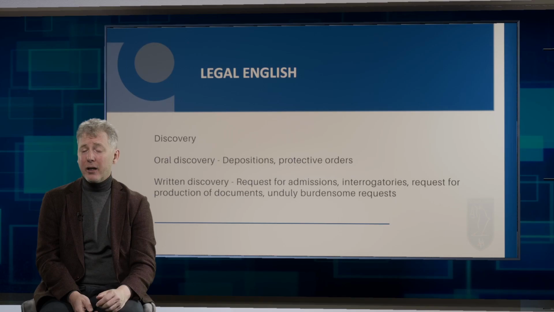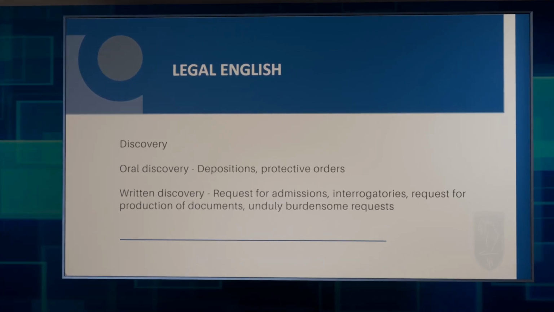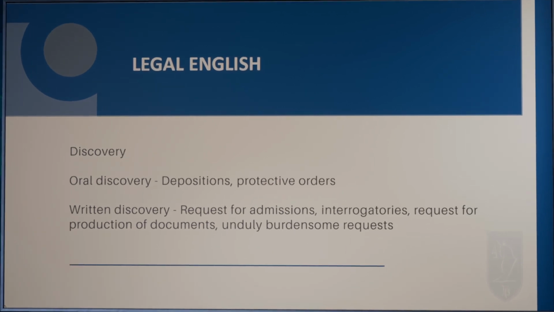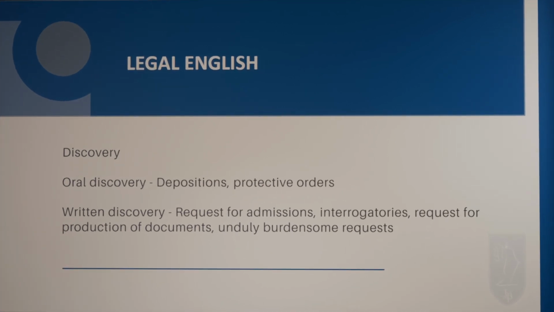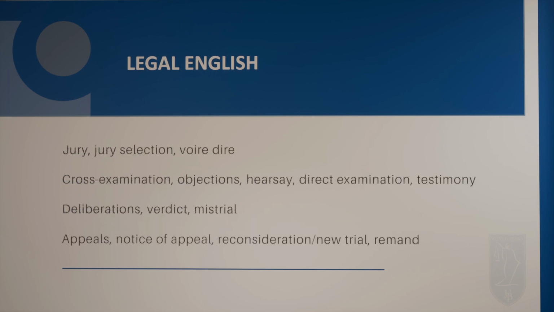about the case. A request for production of documents is simply to get documents that a party may have about the case. So if it was a simple car accident case and you claim you were injured, these may also be medical documents. What injuries did you suffer? What's your prognosis?